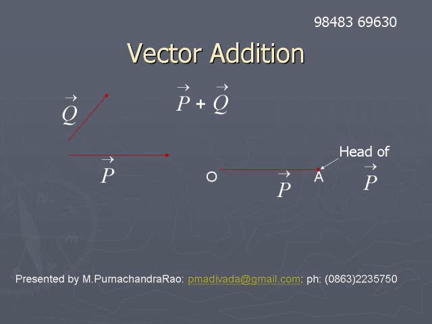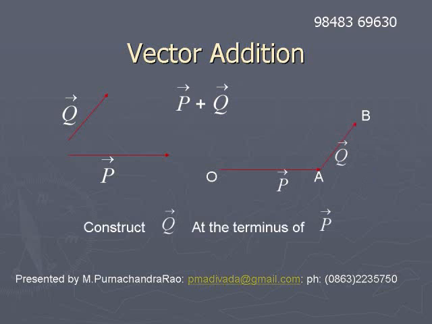To construct this vector p bar plus q bar, first construct the vector p bar. Now let us take OA bar. The vector OA bar represents the vector p bar. At the head of the vector p bar, that is at the head of vector OA bar,